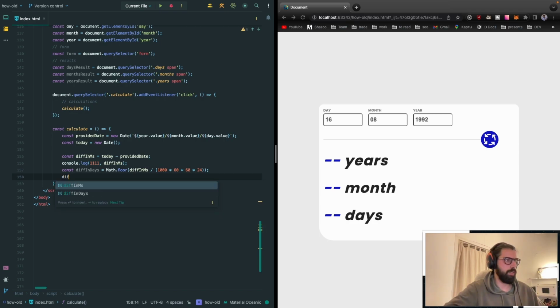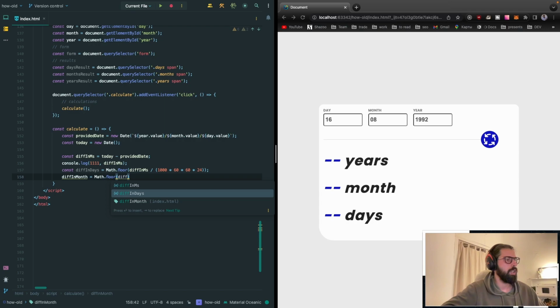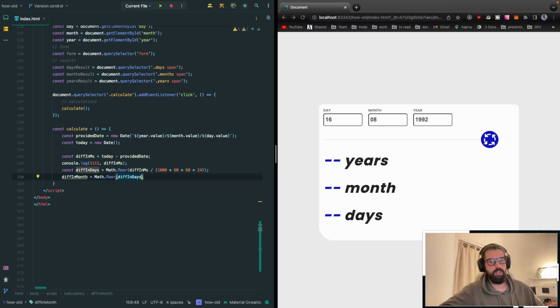Then we have difference in months. For these, we basically doing almost the same, but in another way, diff in days. And here an interesting part that we divided it by 30.44. Why? Because we don't know